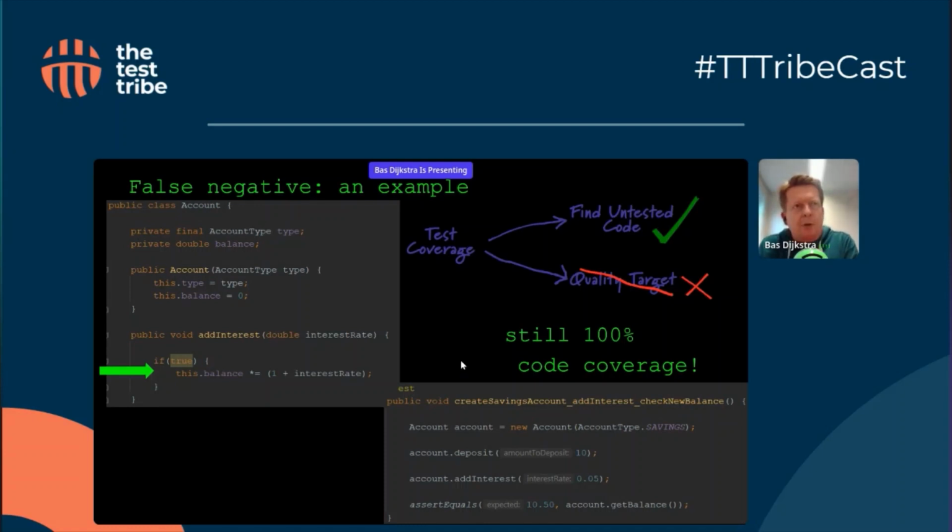Much smarter people than myself have talked about this in the past as well. I stole this little image from, I think it was Uncle Bob or Martin Fowler, one of the two. I can't remember, in all honesty, but one of the two said that test coverage is a perfect way to find code that's not tested yet. But as a quality target or as a quality metric in and of itself, it's useless, because code coverage,